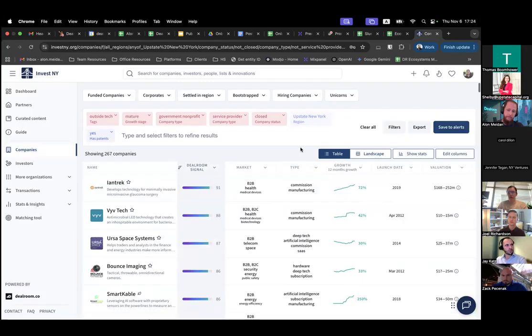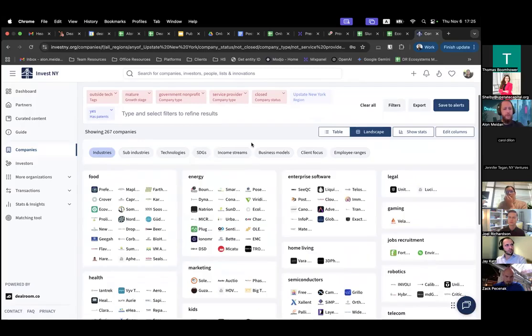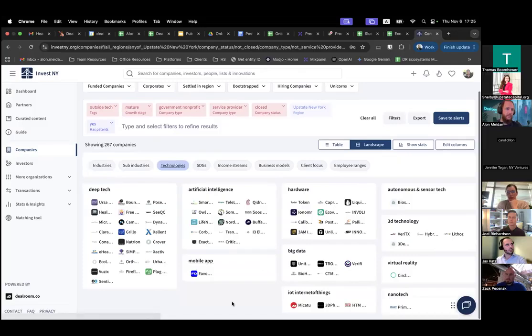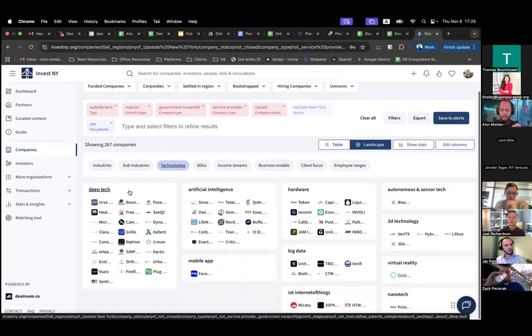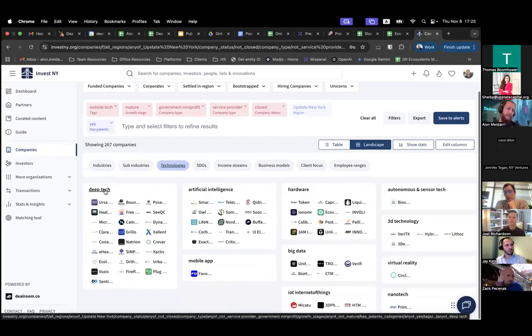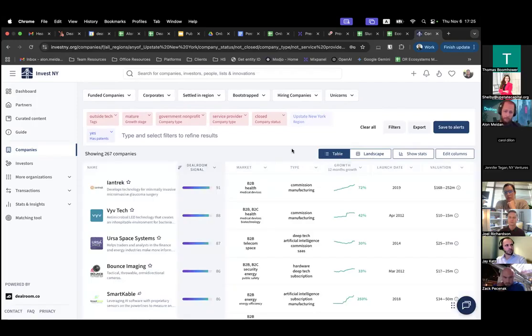What you can also do is click the landscape button here, and this will auto sort these companies based on the data point that you see up here. By default, this is industries, but I can also choose something like technologies, and then it resorts them a little differently. Sub-industries, business models, all of that. That gives you a very quick highlight of, okay, here are the companies in a certain category, and then you might also want to just click that category, and it will be added to your query, so you only see these ones. And we can return to the table view by clicking table here.